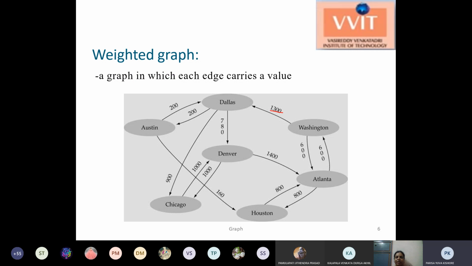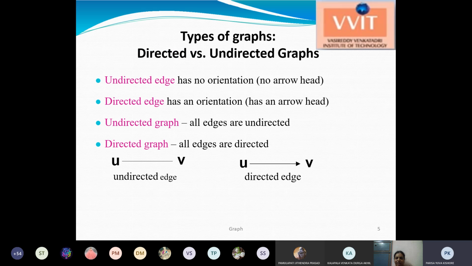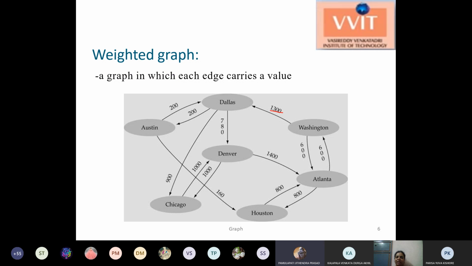Next, this is another type of graph which we call the weighted graph. A weighted graph is nothing but, instead of having only the edge, I give a weight to the edge. Generally in graphs like the previous one, where you give just the edge, the weight of the edge is assumed to be 1. By default, the weight of the edge is 1. But I want to specify the difference between one edge and another edge.